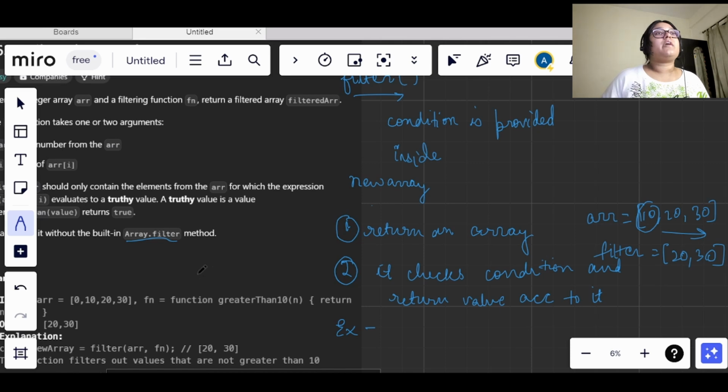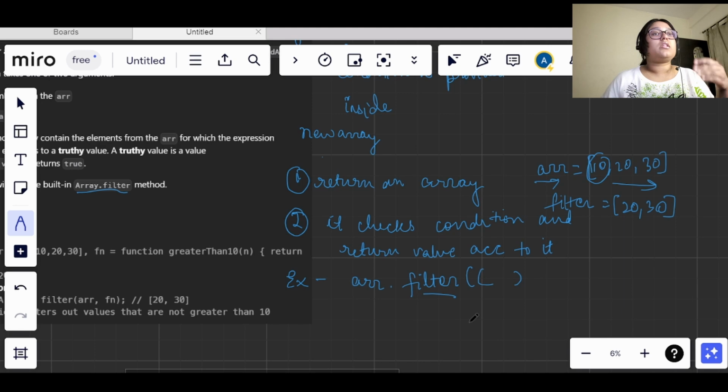So we take the initial array and write array dot filter. This filter method iterates on all the elements on its own; we don't need to explicitly define the loop. Let's denote each element by n.